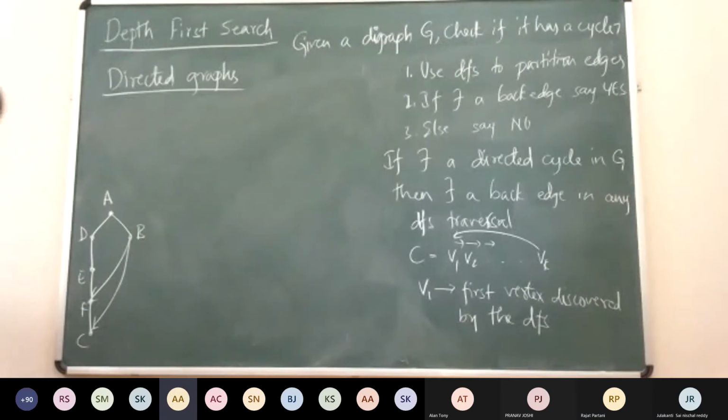What if we somewhere visited V3 and then couldn't? Say we have all vertices from V1 to Vn, and we are labeling them such that V1 is the first one discovered, V2 is second, and so on. And we also know all the cycles which exist in that graph. Okay, suppose we know it. Because we know that there exists a cycle, we know where that cycle exists, right? Yeah, this cycle we know.